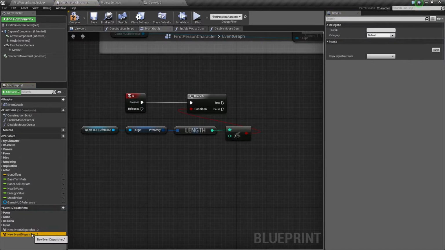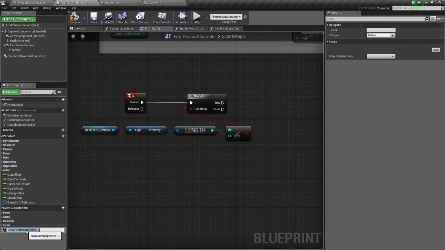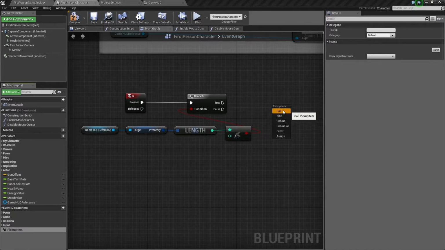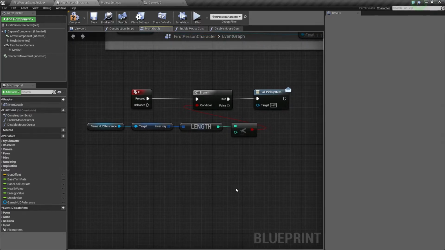And it created 2 because I double clicked it. We only need 1. I'm going to hit F2 and rename this to pickup item. So with that, let's left click and drag that into the graph and choose call from the context menu. And then let's connect this to the true. And that's all we're going to do for the picking up of items.